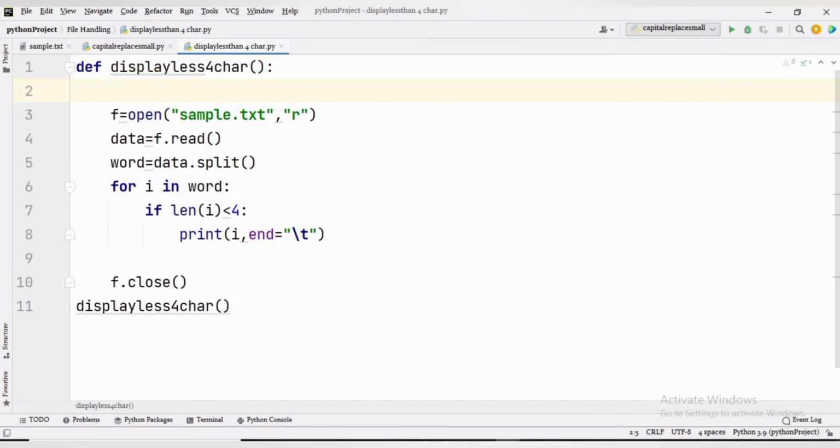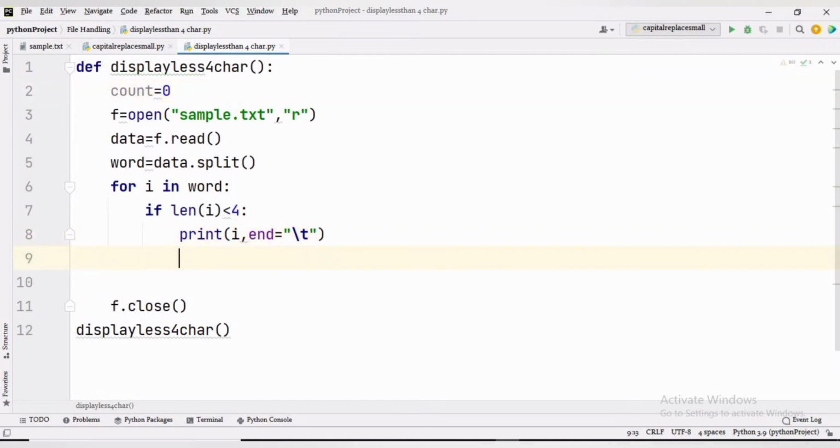To calculate the number of words less than 4 characters, now we can initialize a counter, and within the if loop we can increment it. To initialize counter, we have to write count is equal to 0.